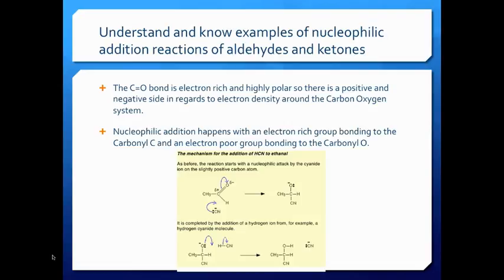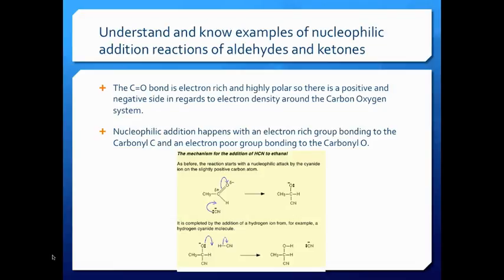Understand and know examples of nucleophilic addition reactions of aldehydes and ketones. In order to do this, we need to look at the carbon-oxygen double bond. The carbon-oxygen double bond is electron-rich and highly polar at the oxygen end. So nucleophilic addition happens with an electron-rich group bonding to the carbonyl carbon and an electron-poor group bonding to the